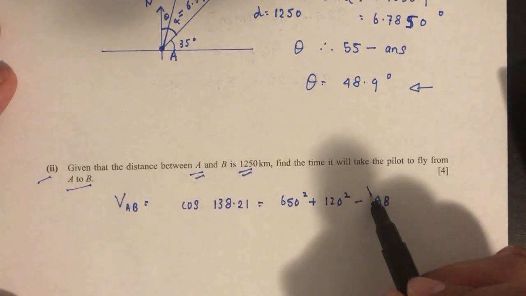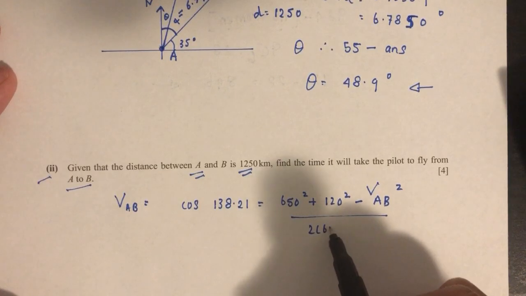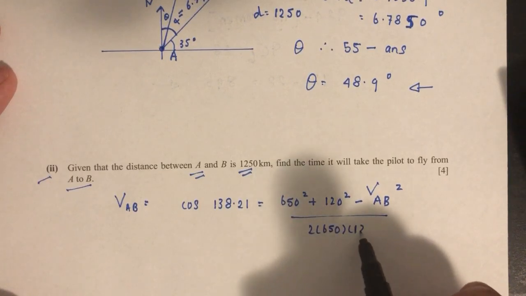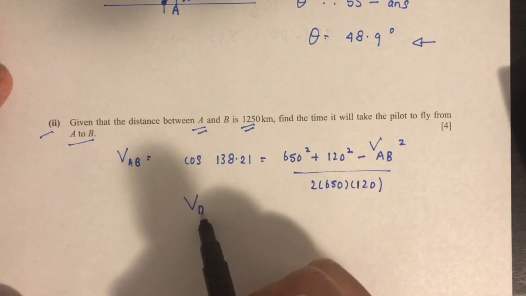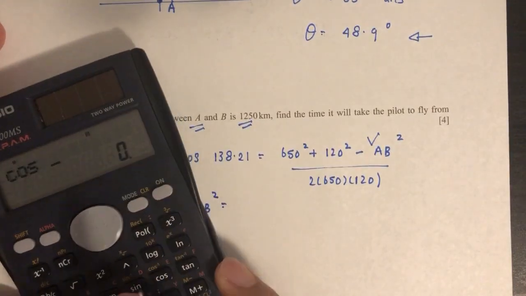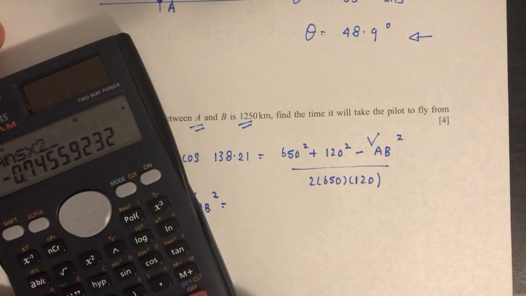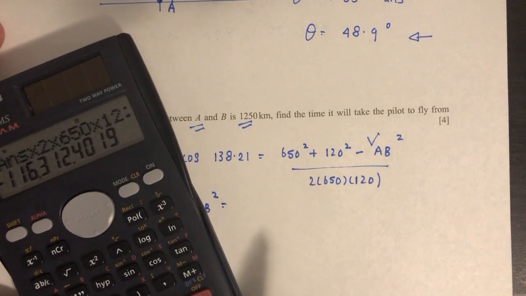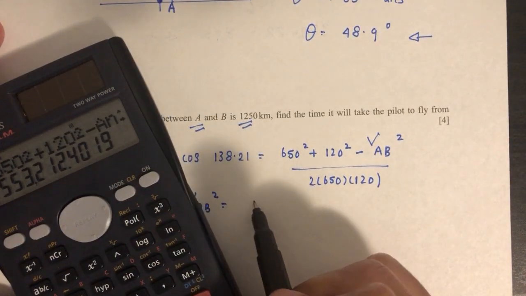which is this one, squared, divided by 2 times 650 times 120. So now we have to make this the subject of the formula. So VAB squared will be cos of 138.21 times 2 times 650 times 120. So 650 squared plus 120 squared minus the answer, that should be